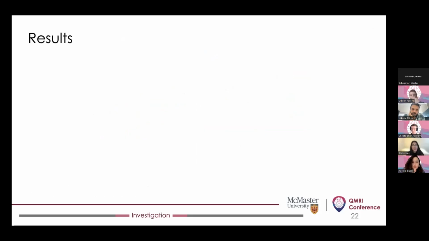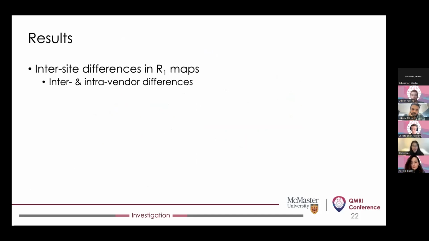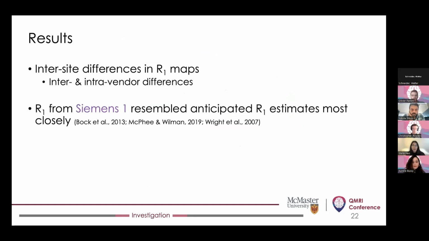So just to summarize our results so far, we saw that the intersite differences in R1 maps still remain even after we incorporate the B1 plus field maps in computation. And because R1s from the Siemens site most closely resembled the values we saw in past literature, we started wondering about why the GE sites may be recording higher R1 values than expected. And one hypothesis that we came up with was that different intensity scalings or gain factors may have been applied to the two T1 weighted images without our knowledge at the GE sites.